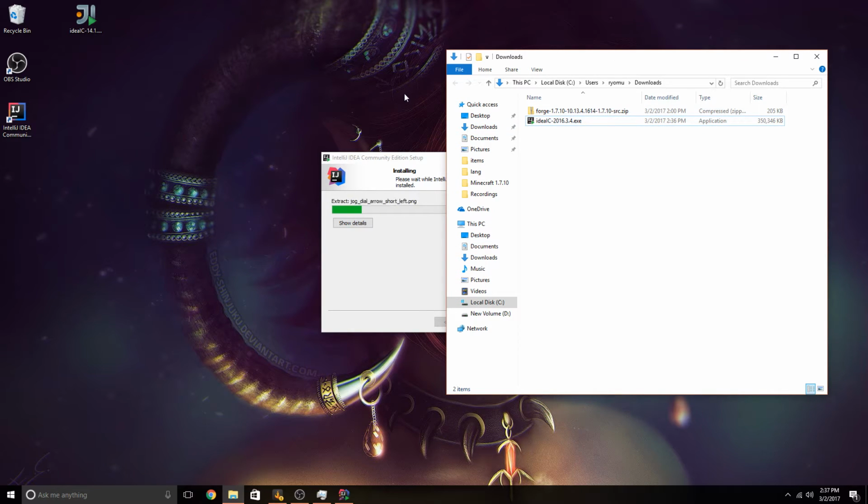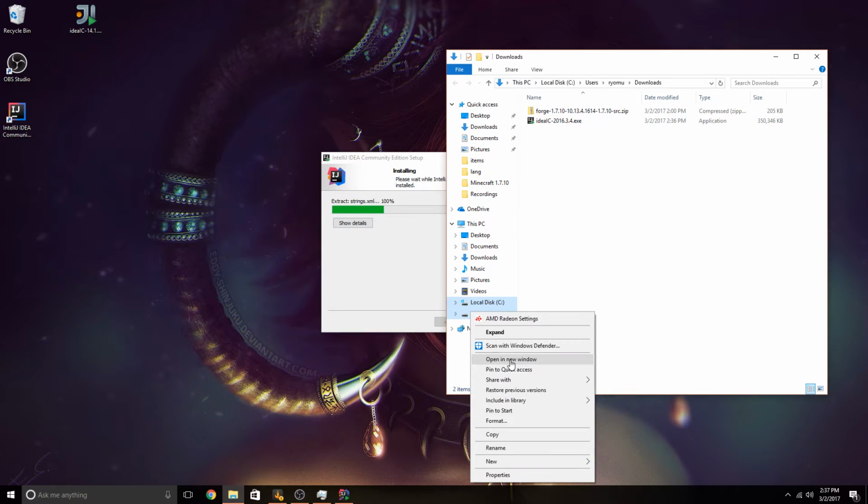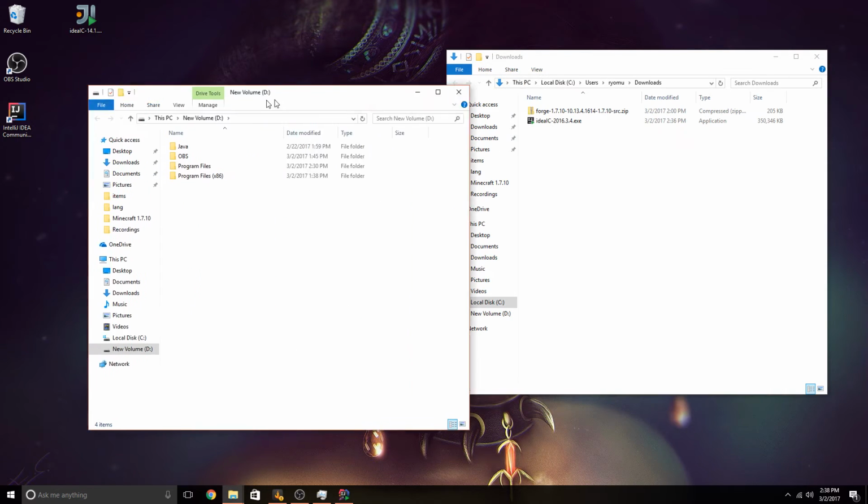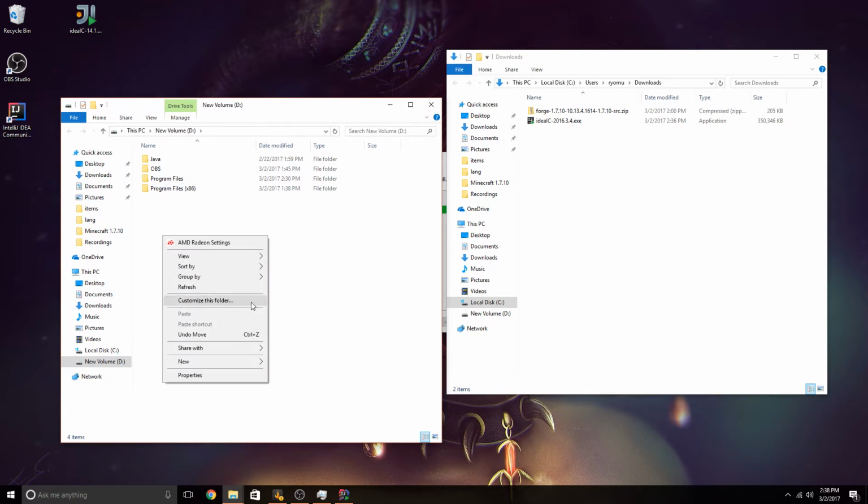But in the meantime, let's go ahead. I'm going to open up my D drive. You can again put this anywhere you want. I would not recommend putting it in your C drive or in your program directory because that would be completely null and void since you can't actually have applications modify things there unless it's running in administrative mode. So I'm going to open the D drive here, and I'm going to create a new folder called